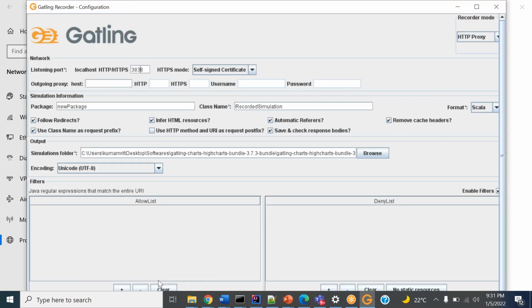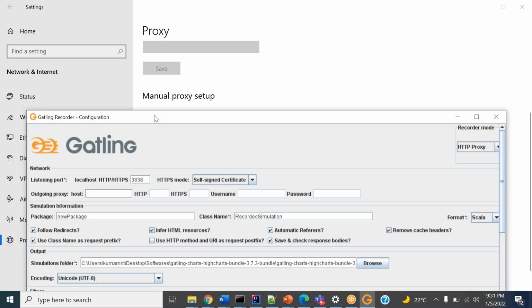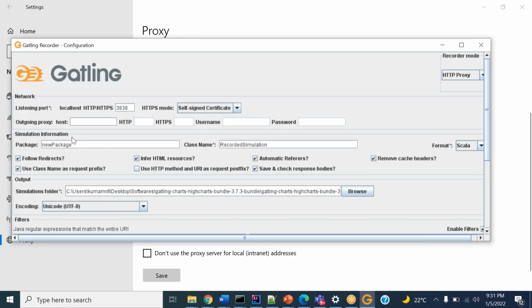Now come to the Gatling recording window again. So package name I have to give. I'm giving demo session for day 1 package.